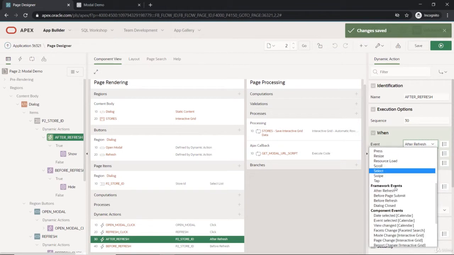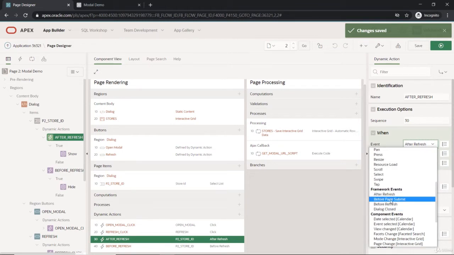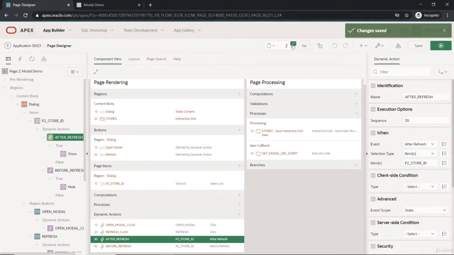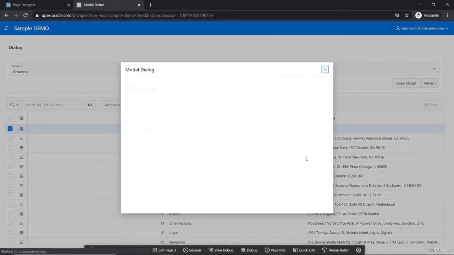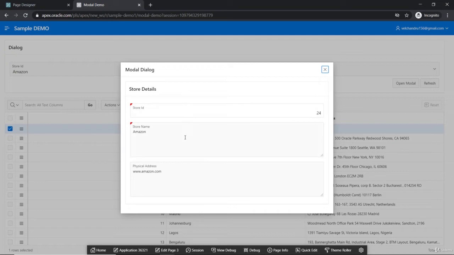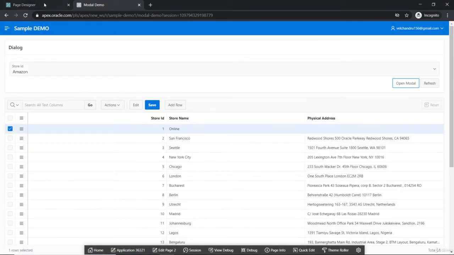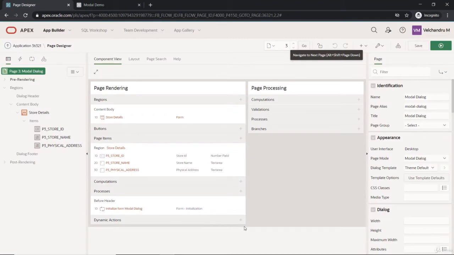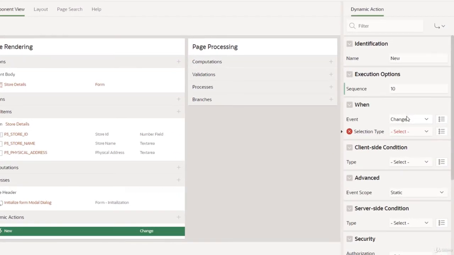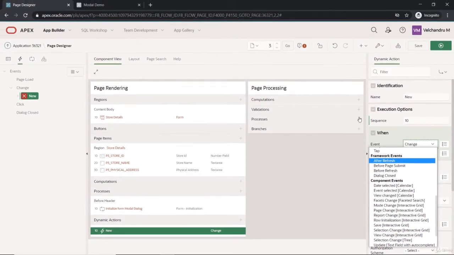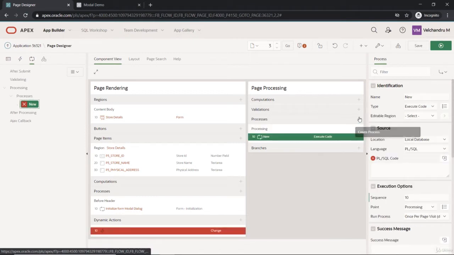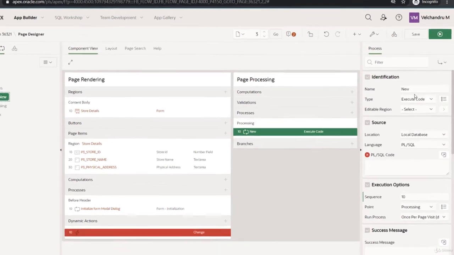We will try to use this event in the modal page here. So we will try to add a button that will try to submit this, which we are going to see. So let's create a dynamic action. I will try to use before page submit. And also we need to add a process, right? So we need to add a process that will use the automatic